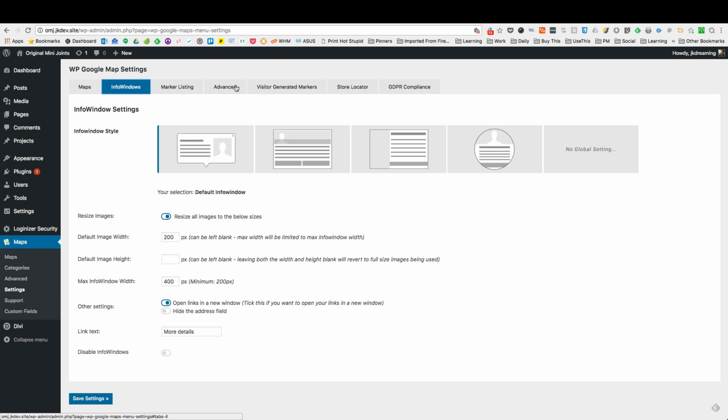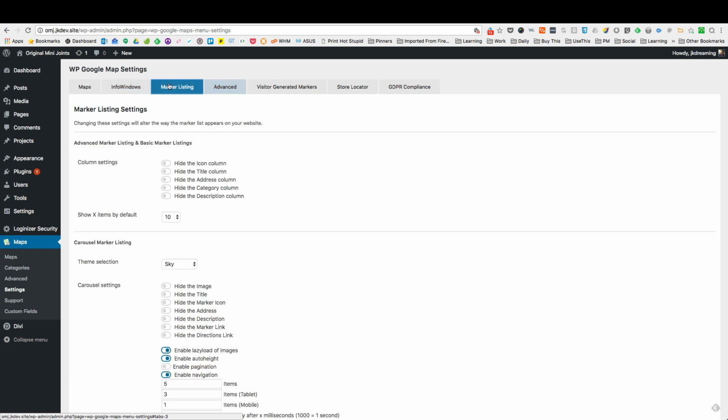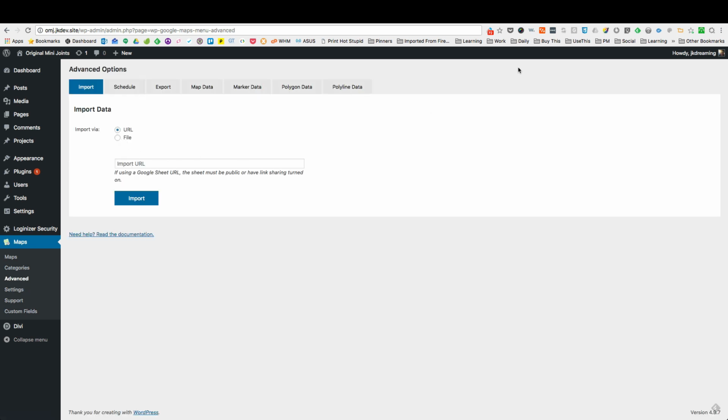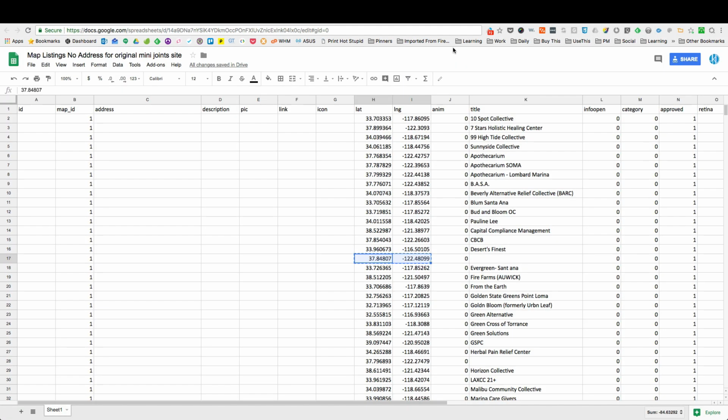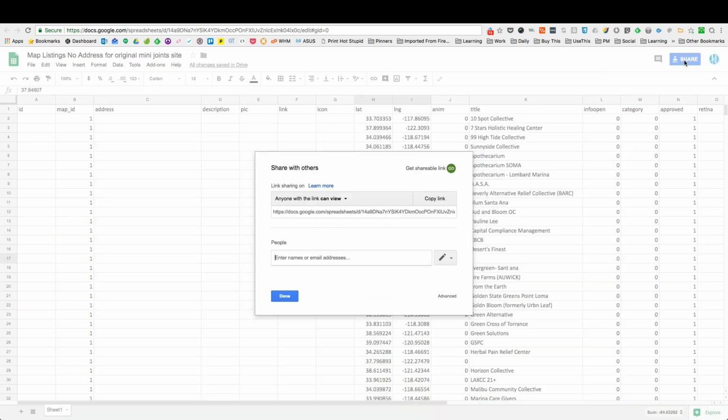Now I'm going to go ahead and, oh yeah, I got to click on advanced. I'm going to go ahead and just do it because it'll be fine. So I'm going to grab my link to this sheet. I got to grab this one because it's got no addresses. Notice even on here, map listings, no address. I have a copy that actually has the addresses too. Copying that,